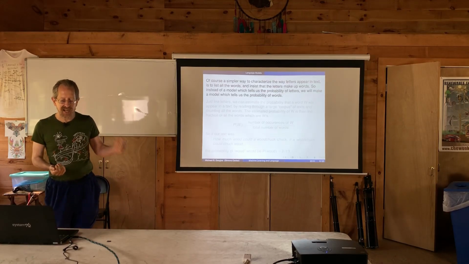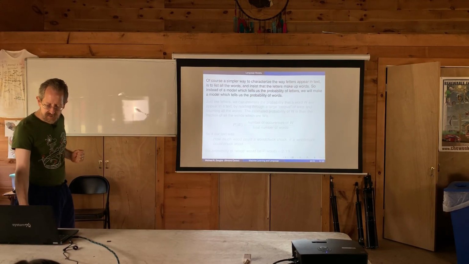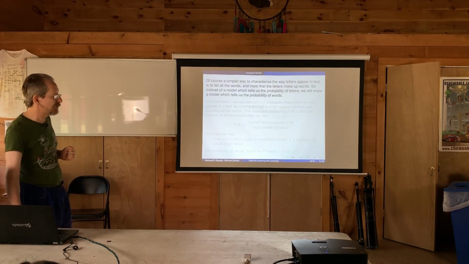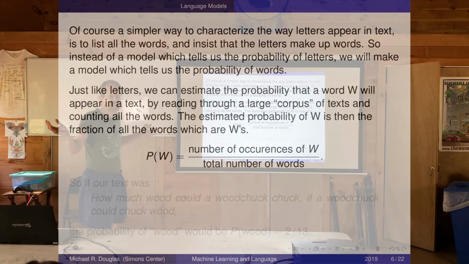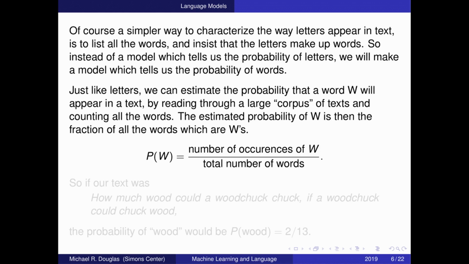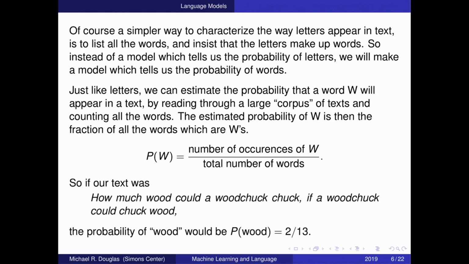So now we're going to talk about the probability of particular words in English, the probability of pairs of words, that kind of thing. And of course, the idea is the same. There are many more words, but if you want to estimate the probability of words, you take a huge collection of text, which people usually call a corpus in this business, the Latin for body. And then you count all the words, you make a big table, and so here's a classic sentence.